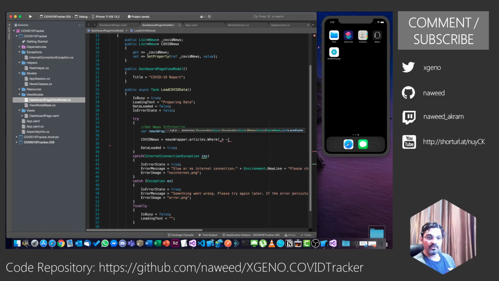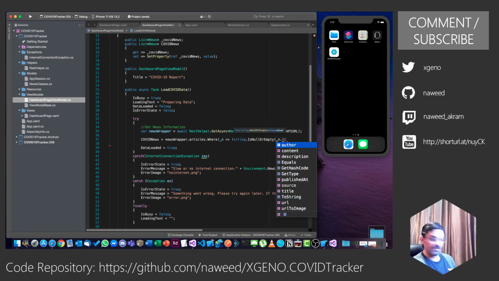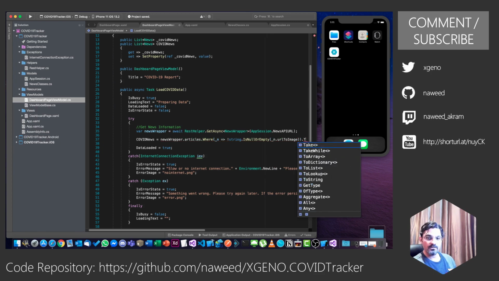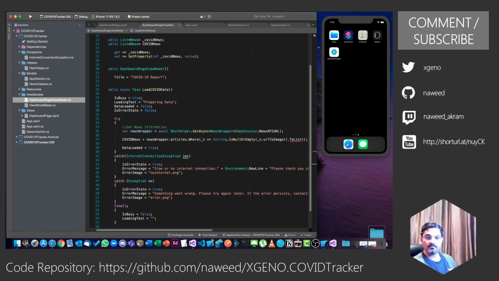I'll say news, not string.IsNullOrEmpty, news.UrlToImage, dot ToList. So what this is doing is filtering out all the news which do have the images that we can display on the screen.